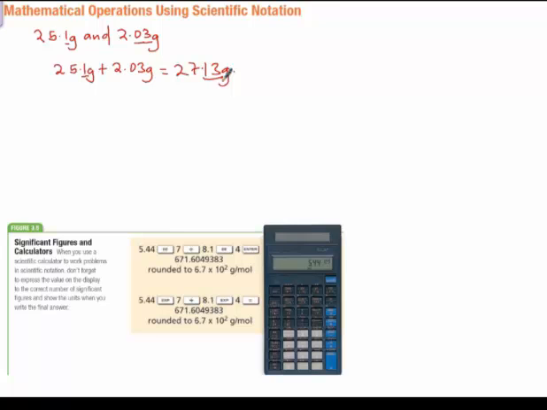When adding or subtracting decimals, the answer must have the same number of digits to the right of the decimal point as there are in the measurement having the fewer digits to the right of the decimal. So you should note that point, which is saying here, when adding or subtracting decimals,